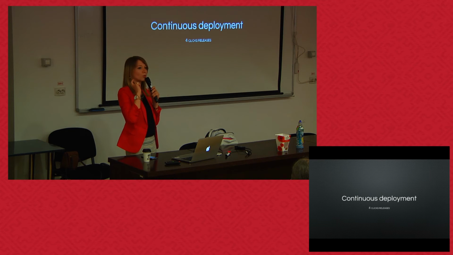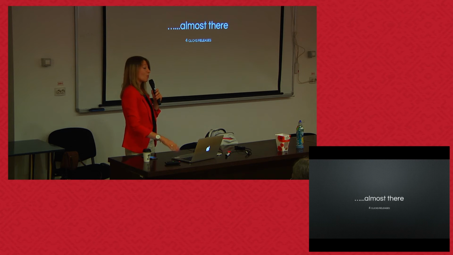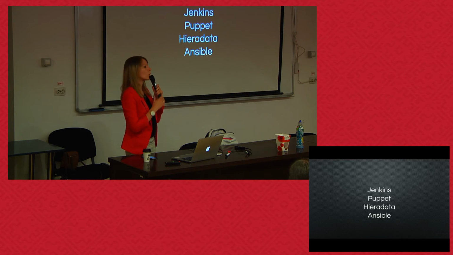We just need to click to release on node 1, then on node 2, then on the service box. So we are almost there. We want to do 1-click releases. We also want to release from master, because we didn't want to move straight away and just drop the old release process. We needed to follow some steps for the tester and release management, but we think some of them are useless, and we try to get rid of them and release daily from master. We achieved that using Jenkins, Puppet, and Hiera data, and for the rollout, we used